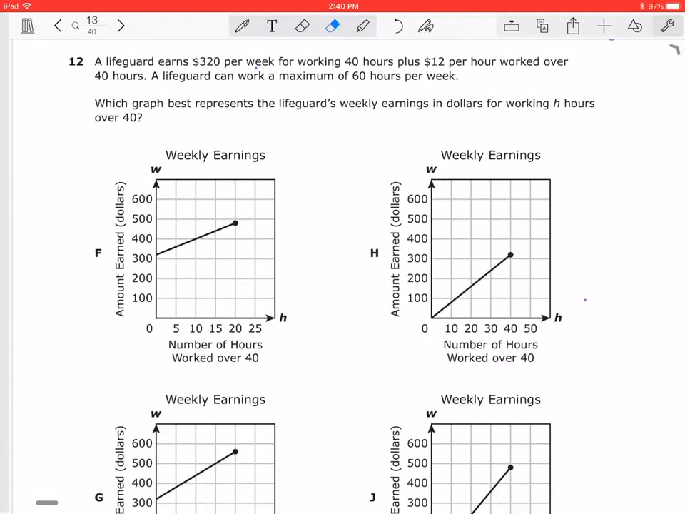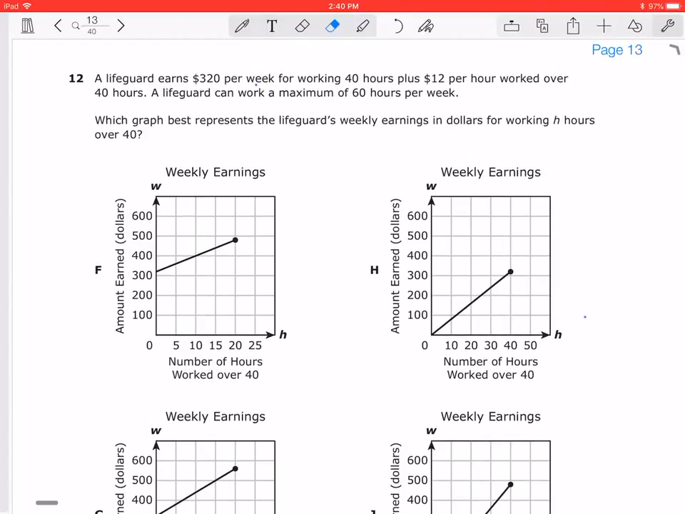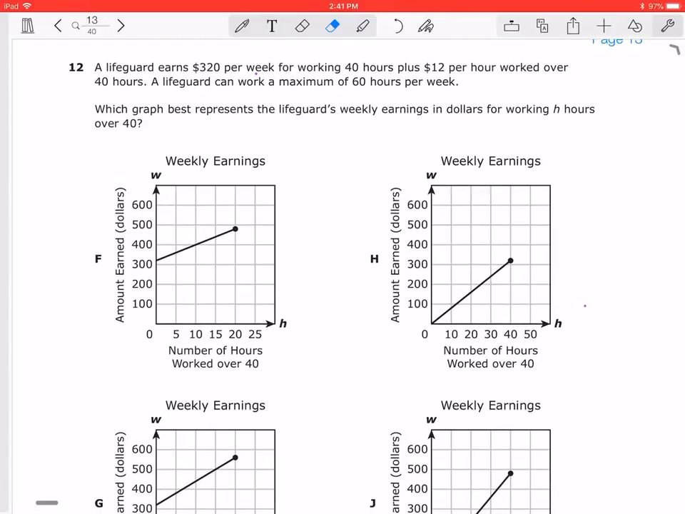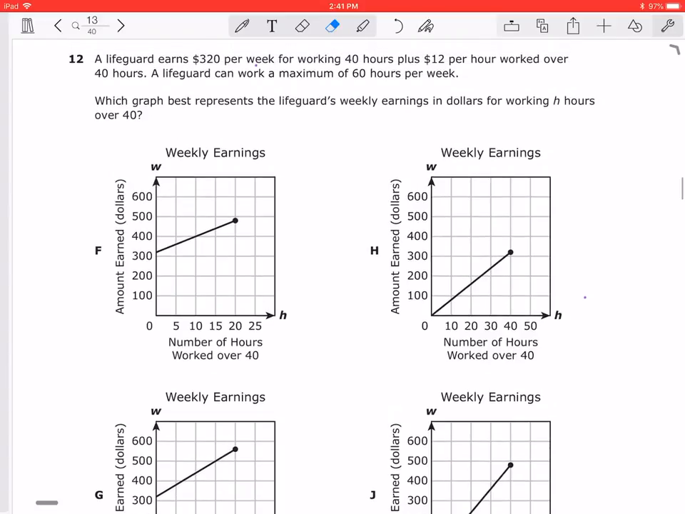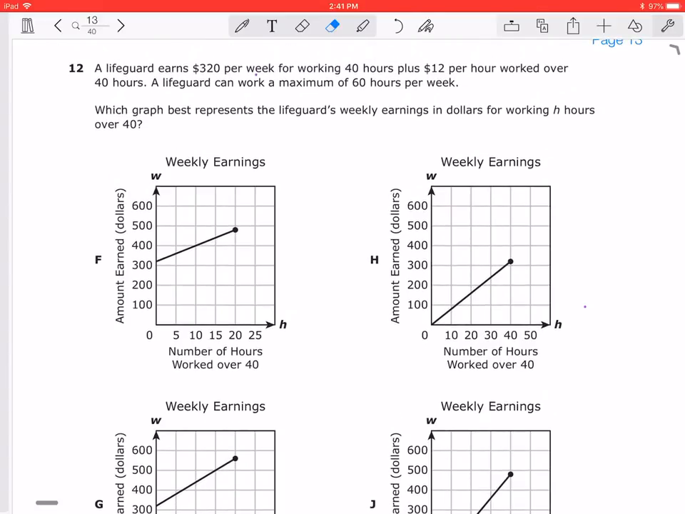Right, so welcome back. Number 12, it says a lifeguard earns $320 per week for working 40 hours plus $12 per week over 40 hours. A lifeguard can work a maximum of 60 hours per week. And which graph best represents the lifeguard's weekly earnings, in dollars, for working hours over